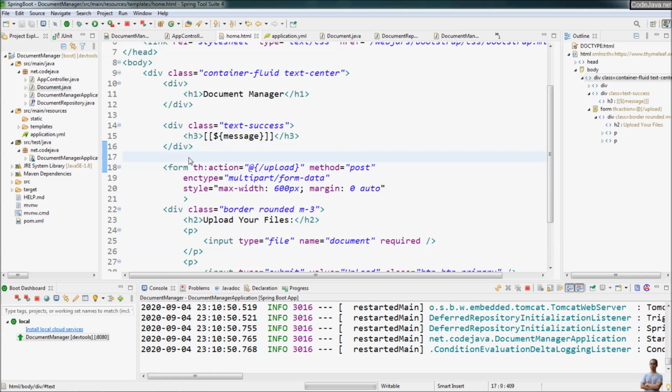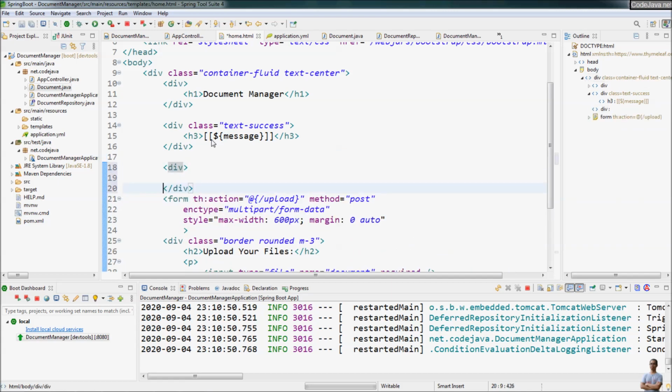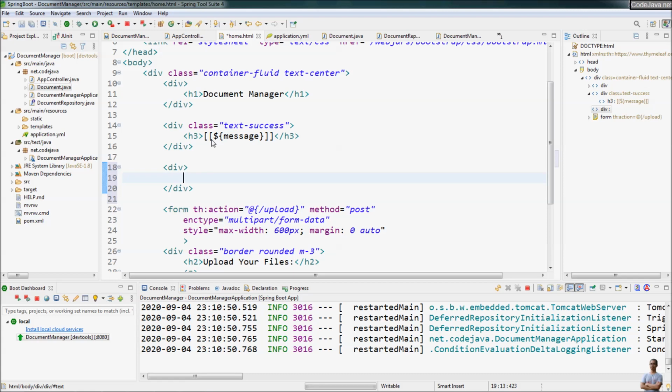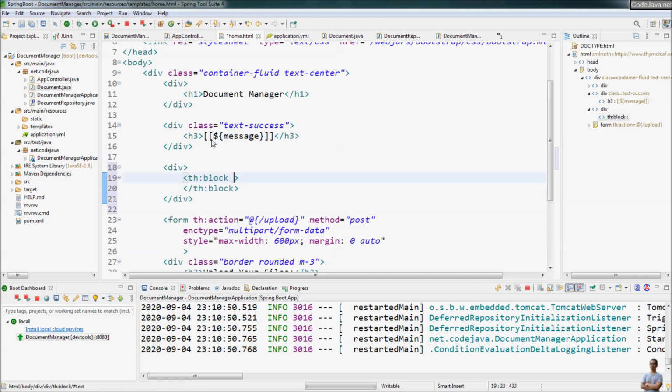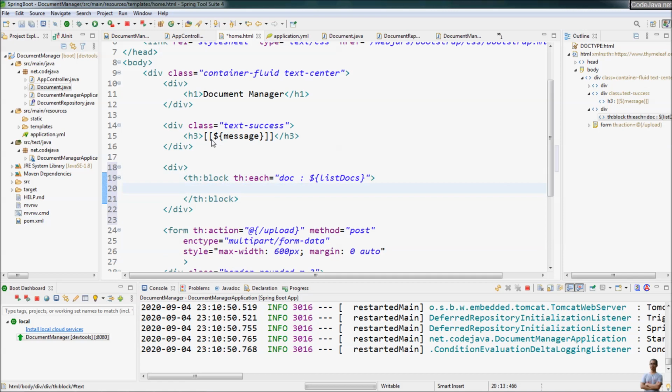So we create a new div section here, and we use the Thymeleaf syntax for each inner block, th:each equals variable name doc and collection listDocs, and I use a CSS class for this. Div is row with border rounded,